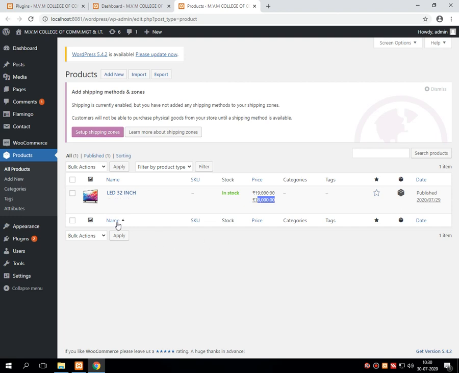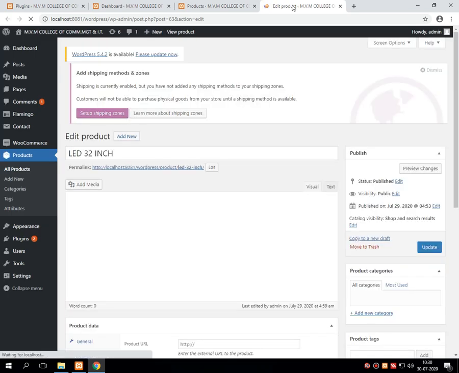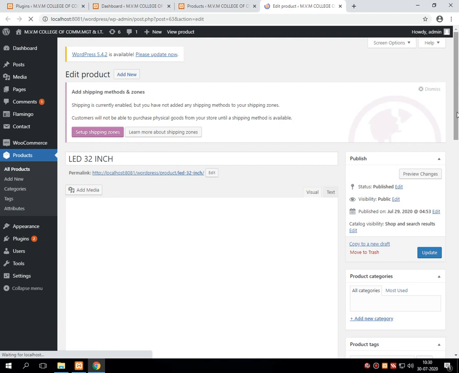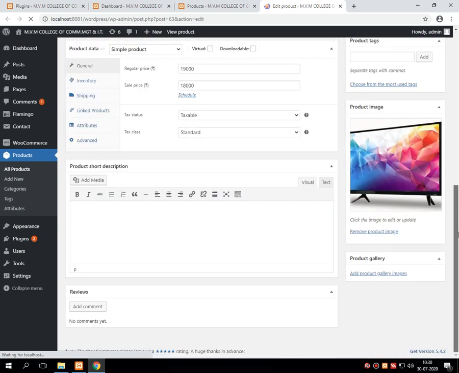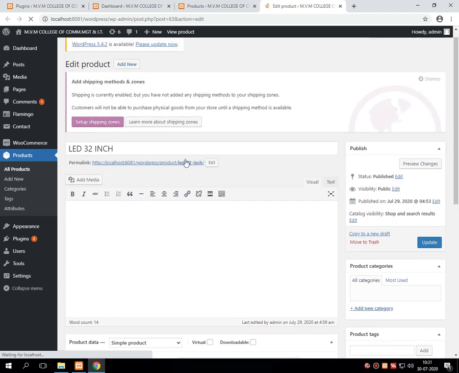Now in today's lecture, what we are going to do, first we will open that particular product in a new window. Now once that product is open in the new window, this section we have already done in the last lecture. What we will do is we'll click on the link of that particular product, so that the product is browsed and opened in the next window like this,